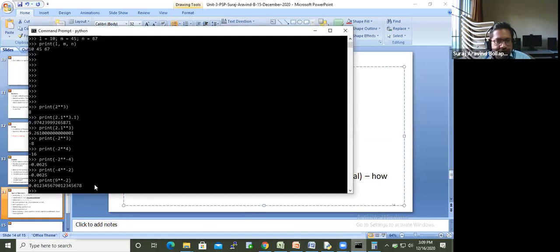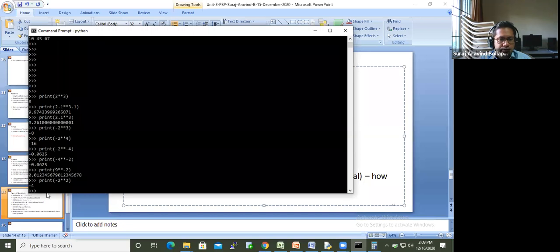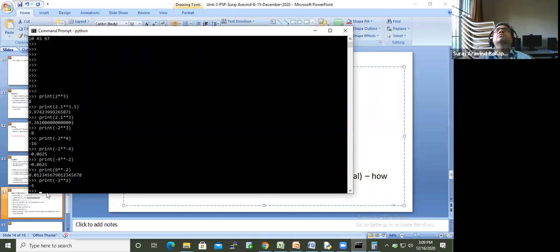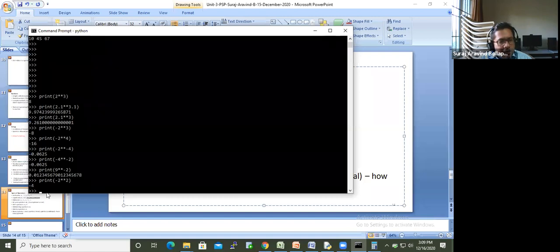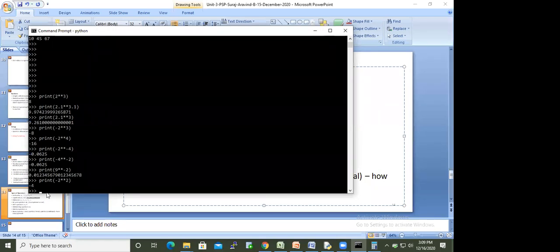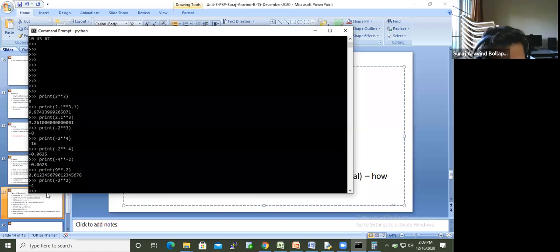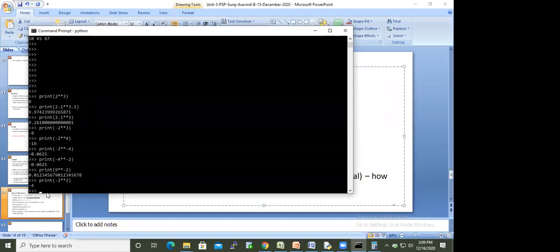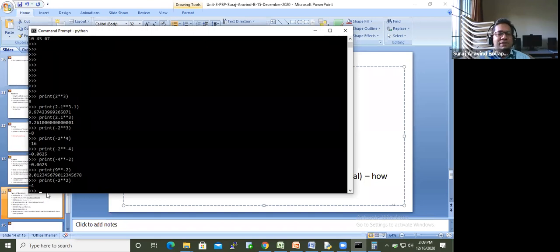One more thing. What if I print minus 2 exponential 2? Why is it giving a negative number? Minus 2 into minus 2, it has to give plus 4, no? I think it's taking the power first, then the sign next, sir. First it will take the exponent, sir, according to operator precedence. Right. So there is a word called precedence.